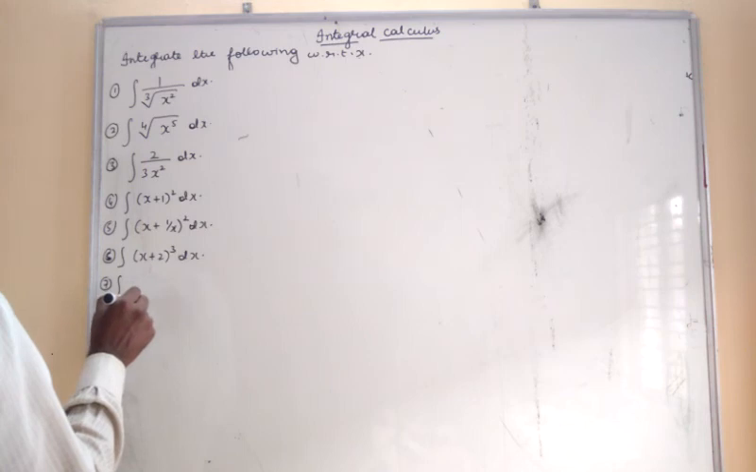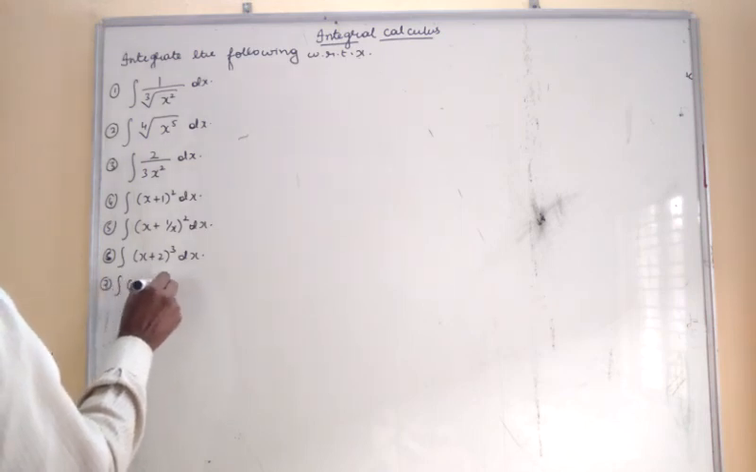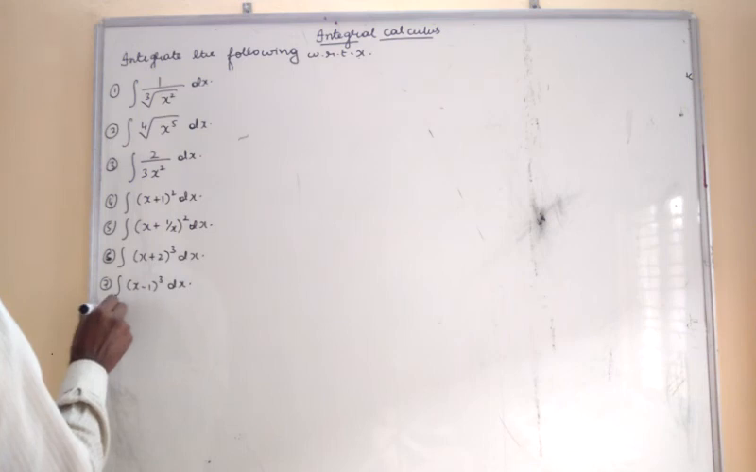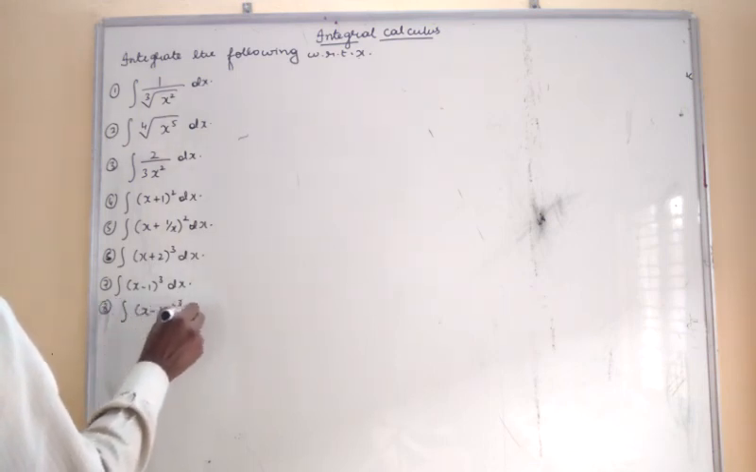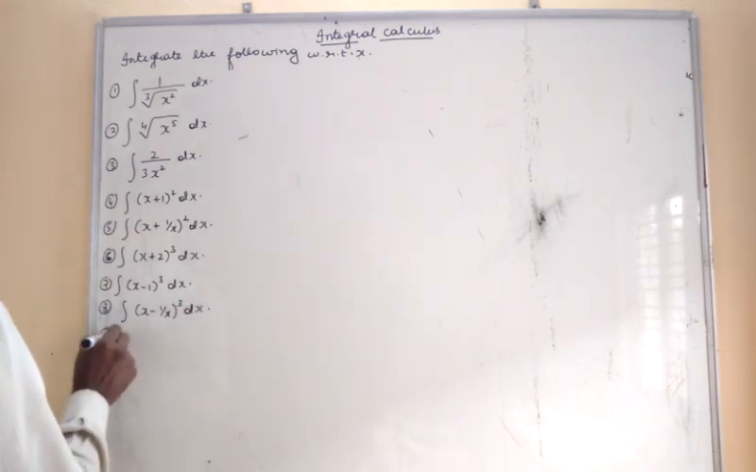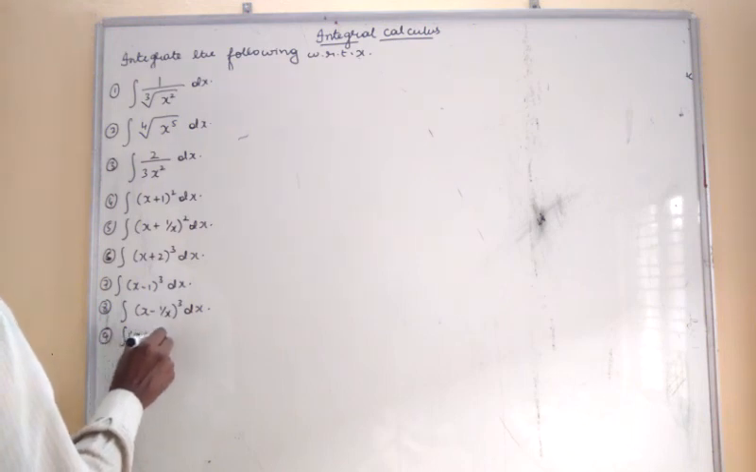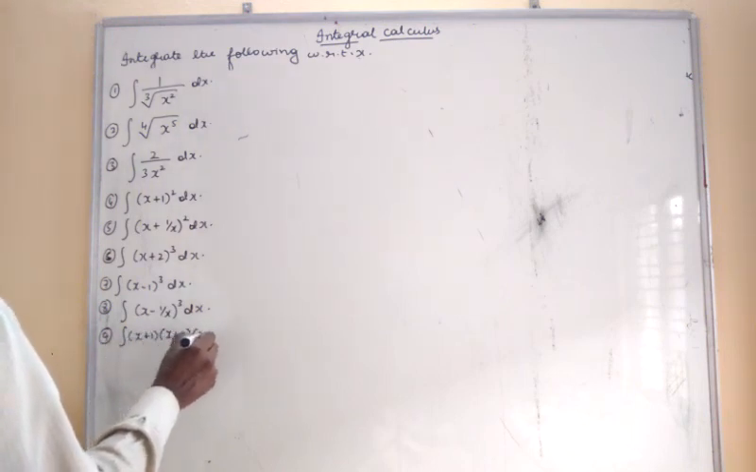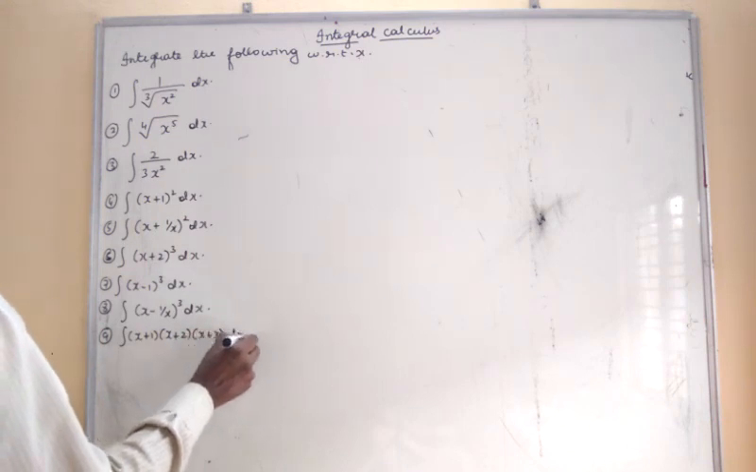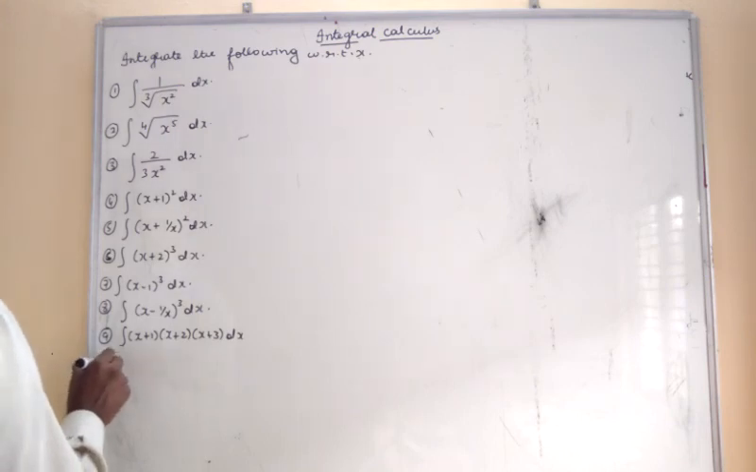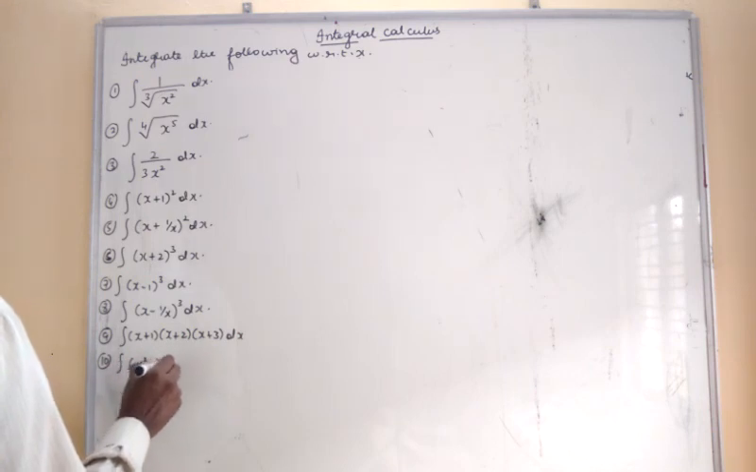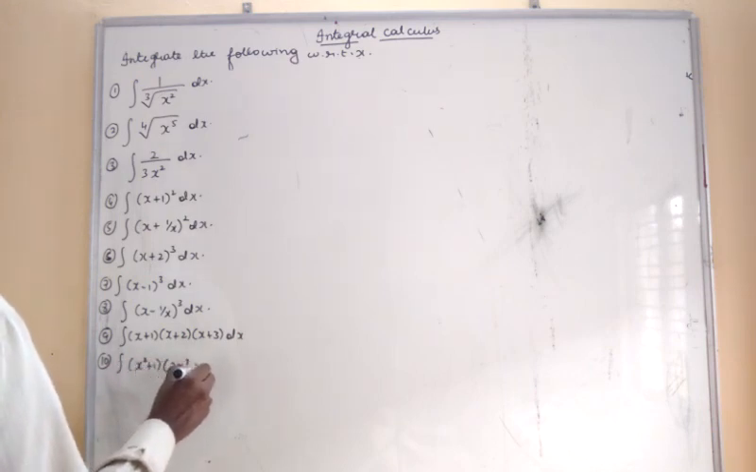integration of x minus 1 whole cube dx, integration of x minus 1 by x whole cube dx, x plus 1 into x plus 2 into x plus 3 dx, then integration of x square plus 1, 2x cube minus 3,